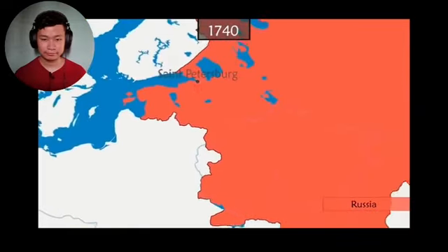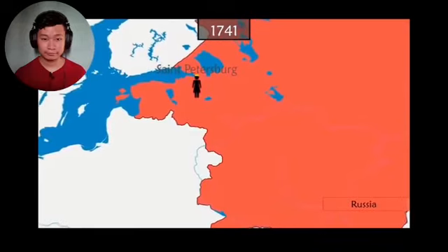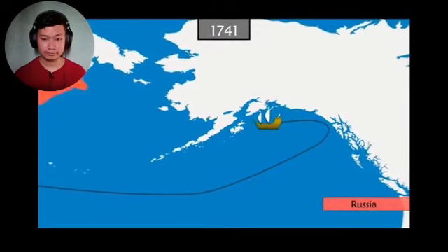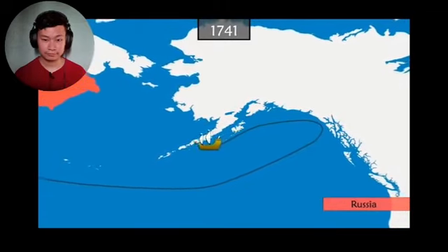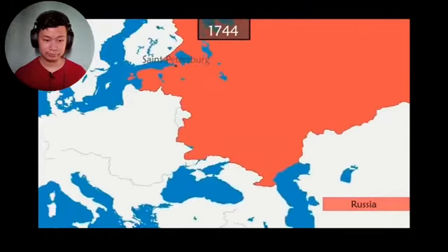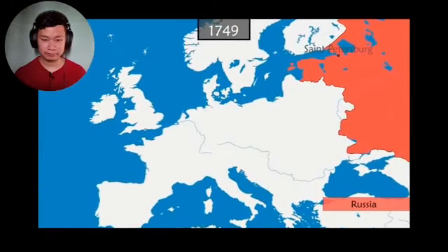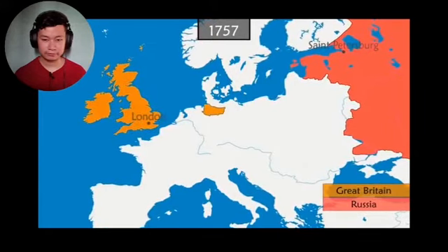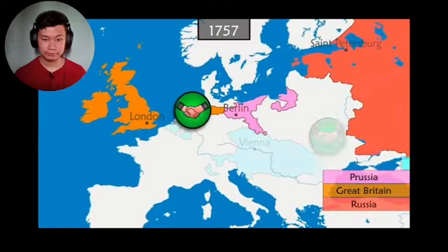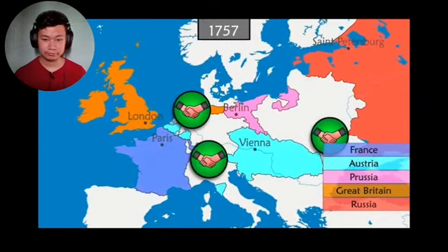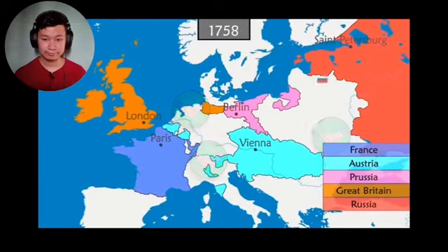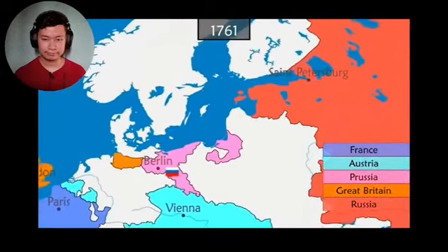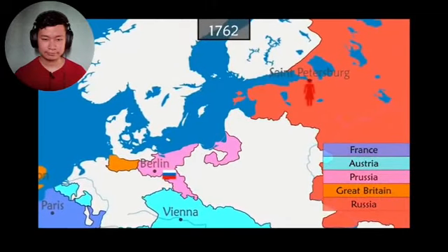After the death of Anna, Elizabeth, the daughter of Peter the Great, seizes power. At the same time, in the east, Vitus Bering, a Danish navigator working for Russia, discovers and explores the coasts of America. On the European side, after the War of Austrian Succession, an intense diplomatic game upsets the traditional alliances. Great Britain moves closer to Prussia, while Russia allies itself with Austria and France. The 7 Years' War breaks out, and Russian armies enter Prussia, but they face fierce resistance. After years of fighting, while victory is imminent for Russia, Elizabeth dies.